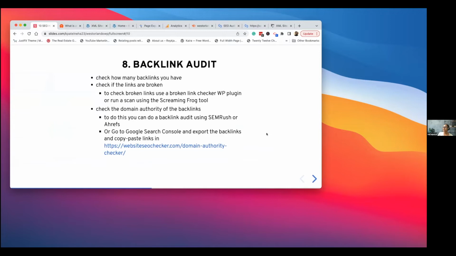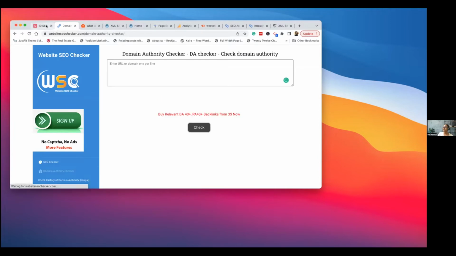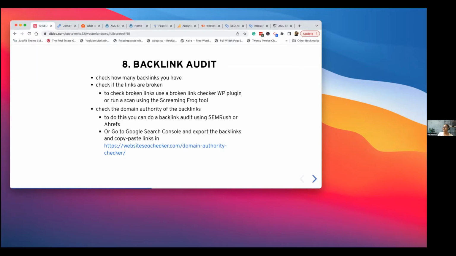Backlink audit. So there are different ways to do a backlink audit on your website. You can use different tools to see how many backlinks you have externally and internally. And then you can use a tool like Website SEO Checker to see which websites have a low domain authority. If a website that you're linking back to, or that is linking to you, has a low domain authority,